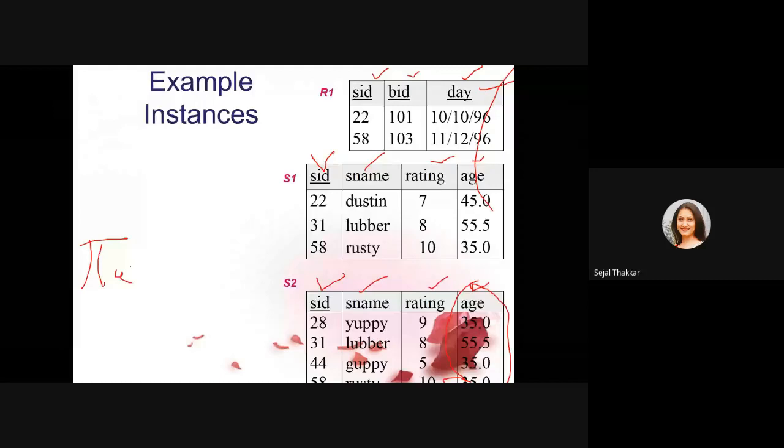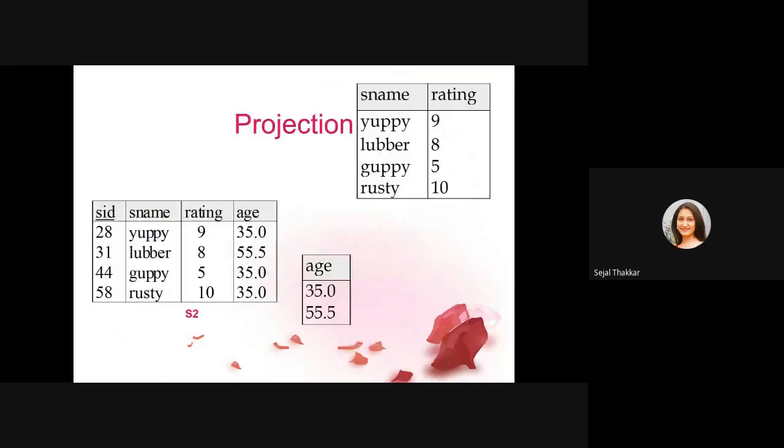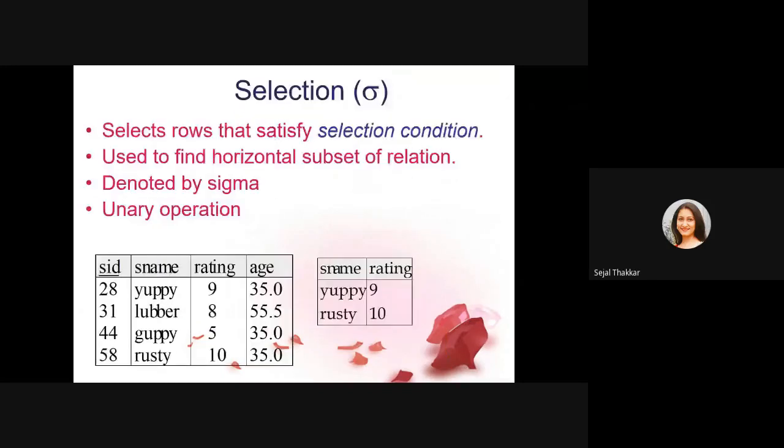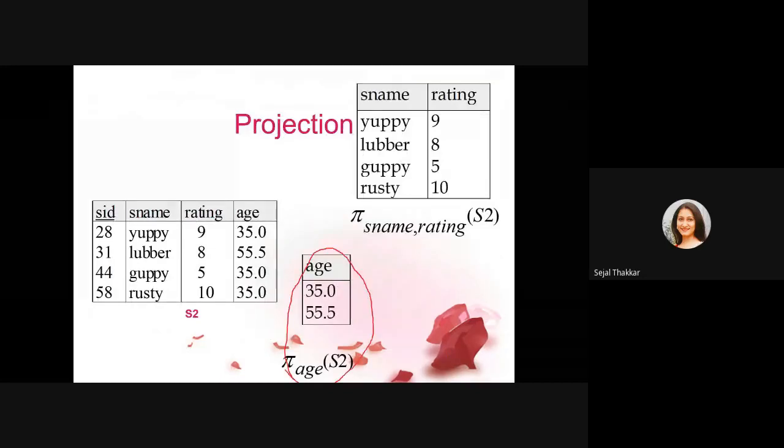So it will select my age column, but from which table I want to select, so I have to write down the name of that table, S2, right? So this will give me output as only one column of that particular table. I'm getting output as age. You can see here, only the age I have selected is the output, and the duplication is going to be eliminated here.